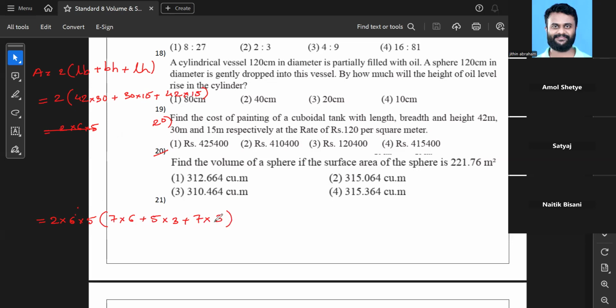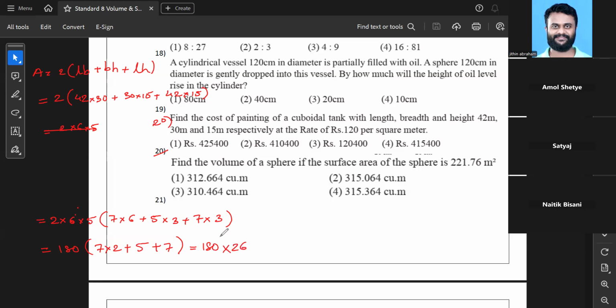Now I see कि हाँ ये 3 भी कॉमन बाहर निकाल सकते हैं, so that is also a possibility. Let's do that also. So 3 भी अगर बाहर निकाला, like 2 becomes 6. 6 into 6 is 36. 36 5s are 180. So 180 आएगा बाहर, and over here 7 into 2 plus 5 plus 7. So 14 plus 7 is 21 plus 5 is 26. So 180 multiplied by 26 will be your answer,